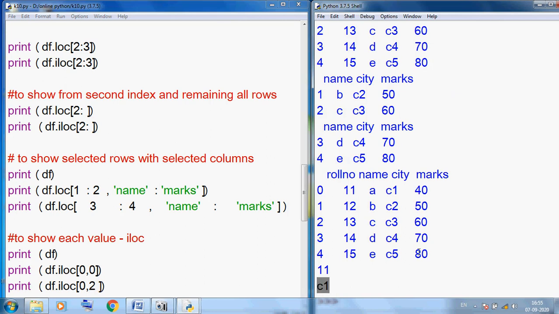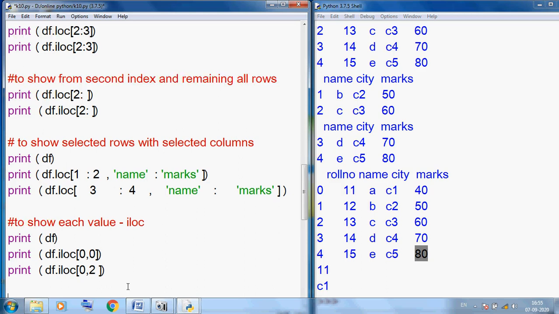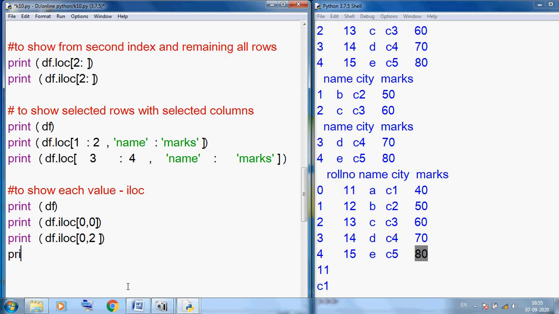Suppose I want to display the last, rightmost value, 80. So I want to access this value. So here I am using print df.iloc with square brackets. You can see this is our fourth row. And inside, roll number is column 0, name is column 1, city is column 2, and this is our 3.